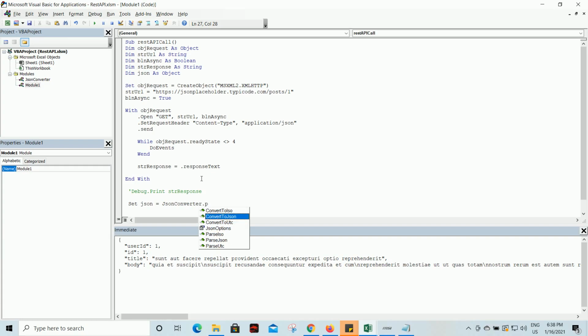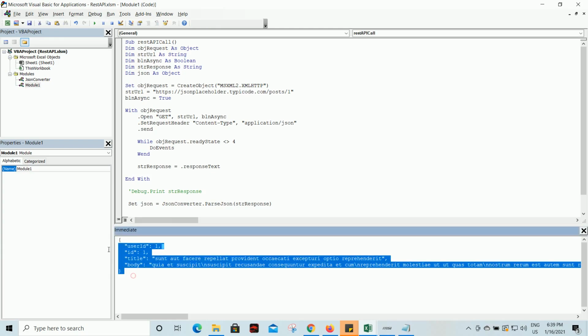One is ConvertToJson, and you can also ParseJson, and in this case we want to parse the JSON, so use the ParseJson method, and it accepts one argument where you need to pass your response. So this JSON is an actual JSON object. It converts this string into actual JSON.